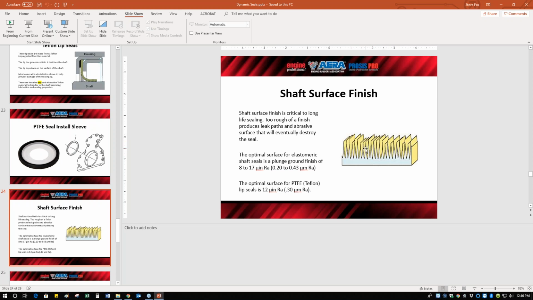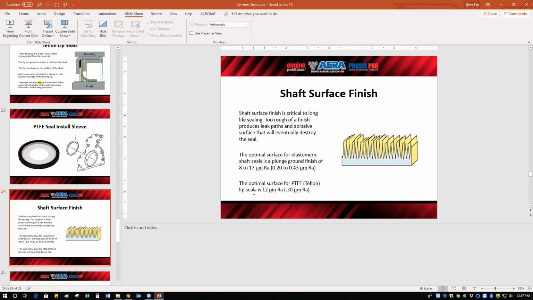So surface finish needs to be, at least for elastomerics, roughly in that 18 to 17 RA range to provide a good sealing surface that the elastomeric sealing lip can accommodate. If you get higher than that, those peaks and valleys are just generating leak paths for the oil to get through. The PTFE Teflon,